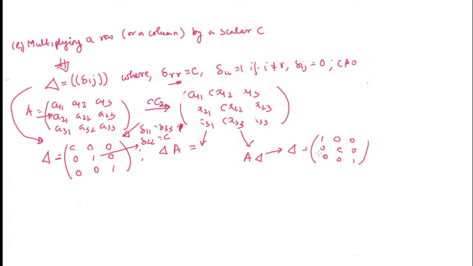And since this delta is a non-singular matrix, hence the rank of a matrix is unchanged, because we know if you pre-multiply or post multiply by a non-singular matrix, the rank of the original matrix is unchanged. So now next,